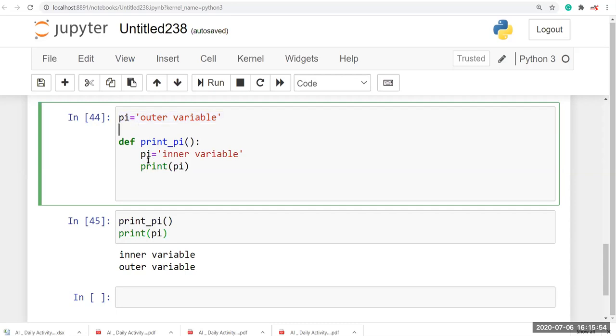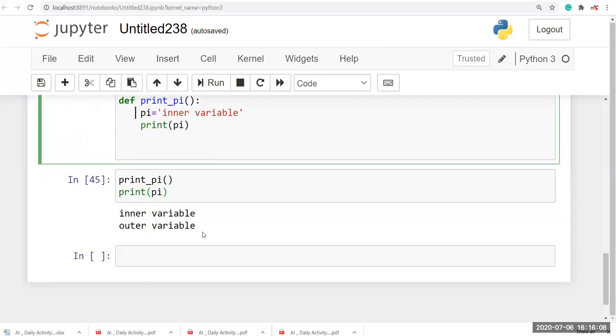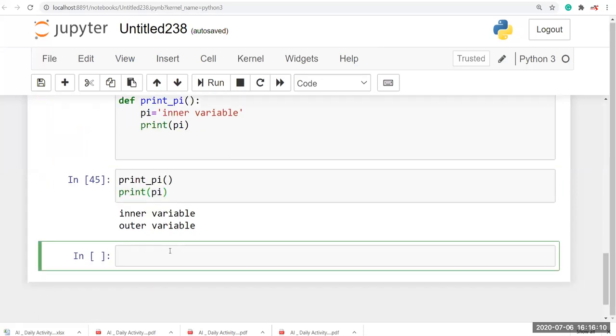So that is the difference between local and global variables. The local variable will act only inside print_pi. Let's see some more examples.